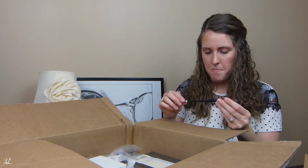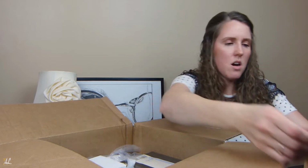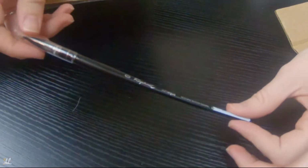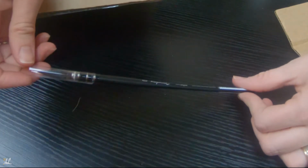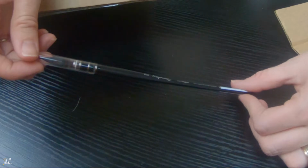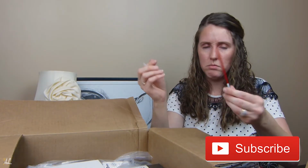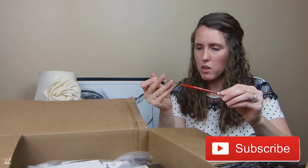It's hot. So Raphael brush here. Raphael is one of my favorite brands of brushes. I needed a new one. This is a size 0. It's a great starting size. This one's actually just a cheap rigger brush or liner brush